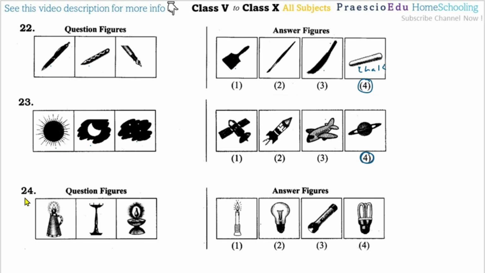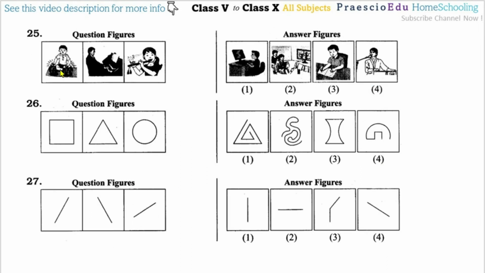Then question number 24. This has flames, these are the diya or samai. For this one, the mombatti, meaning the candle, is shown here. So option number 1 is the correct one. The others do not have a flame, so they are different. Option number 1 is the correct one. Now question number 25. As per the pictures, they are making music. Music is shown in option number 4, which is the singing part of music.